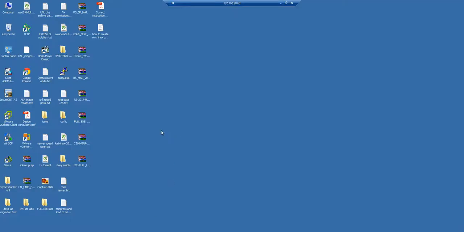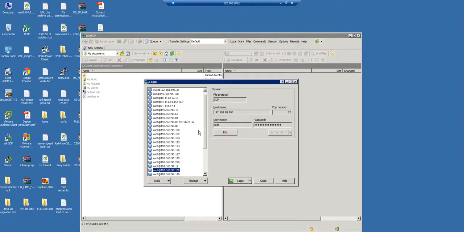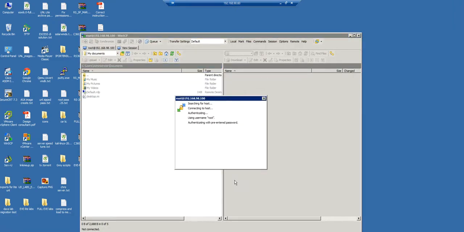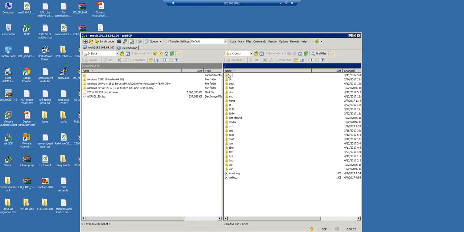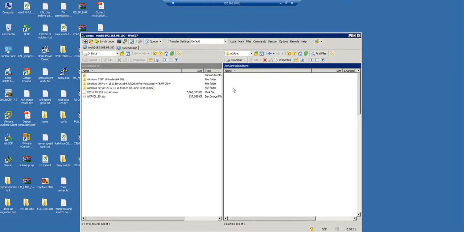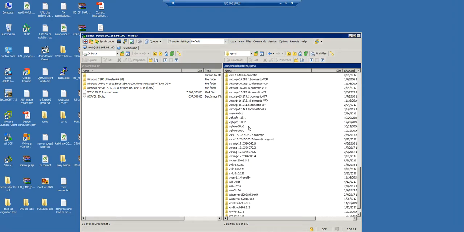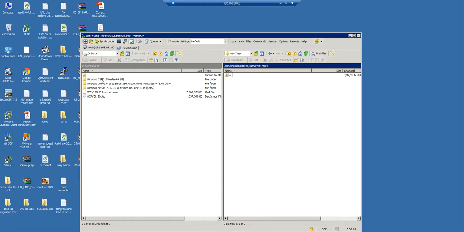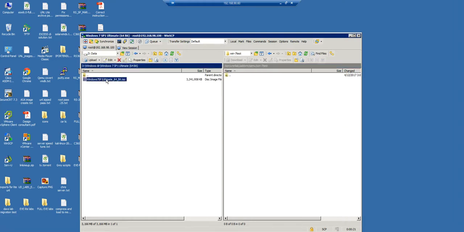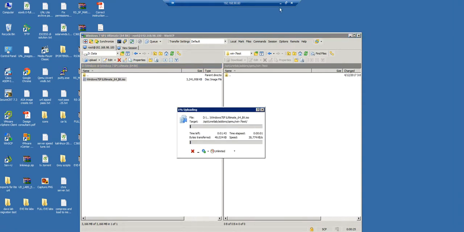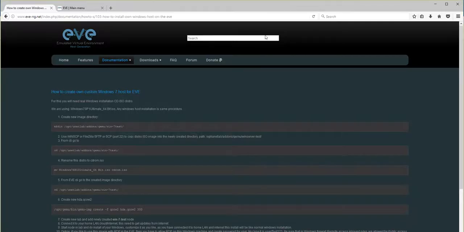I'll grab my server and open it up. Now, on the right side, it is not root, it is opt/unetlab/addons/qemu, and let's find the newly created directory, win-7test. Here it is. I have the distro ISO image, and I'm just copying it, drag and drop. It will take a bit of time, and I'll be back.